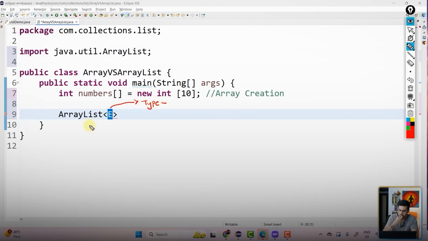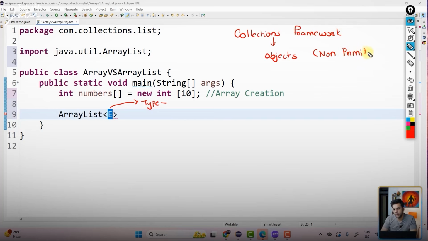Now, your array list is a part of the collections framework, right? So in your collections framework, collections is only going to deal with objects, meaning non-primitive data types.